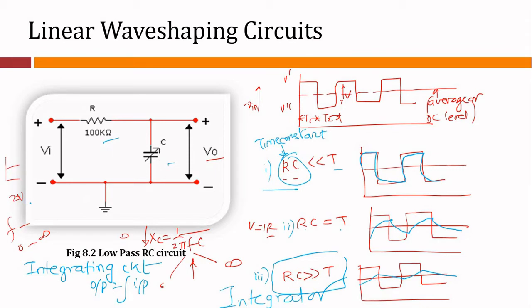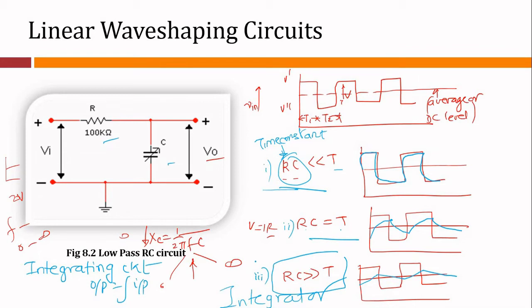Fine. Now it is important to note that merely an RC circuit will not provide a voltage across capacitor C as an integral of the input. By just connecting 100 kilo ohms and say 1 microfarad here, it will not guarantee that I am going to get the integral of the input signal, because there are three different cases possible.